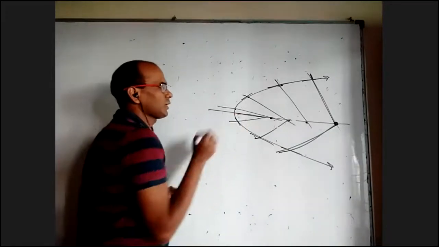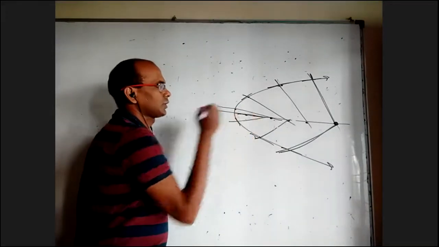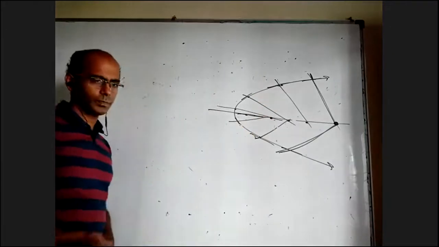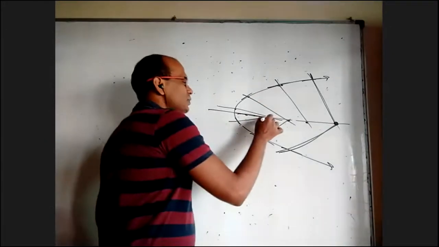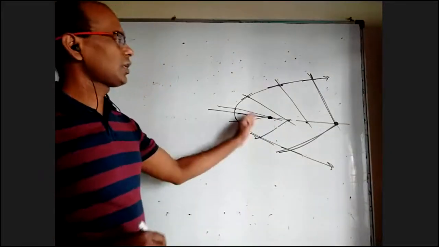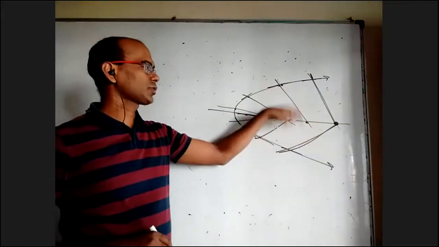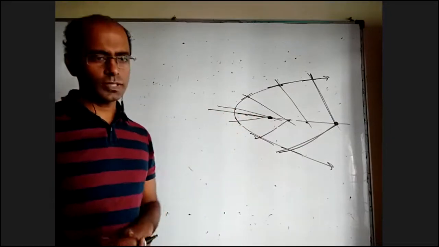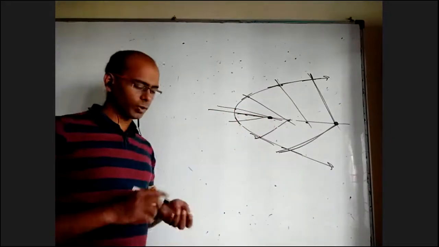But if you take a point here, or here, or here, the x-axis is the only normal, the other two normals are not there. What is the transition point beyond which you take any point on the x-axis, you can draw three normals to the parabola, before which you can only draw one normal, which is the x-axis? Anybody remembers what is that point?